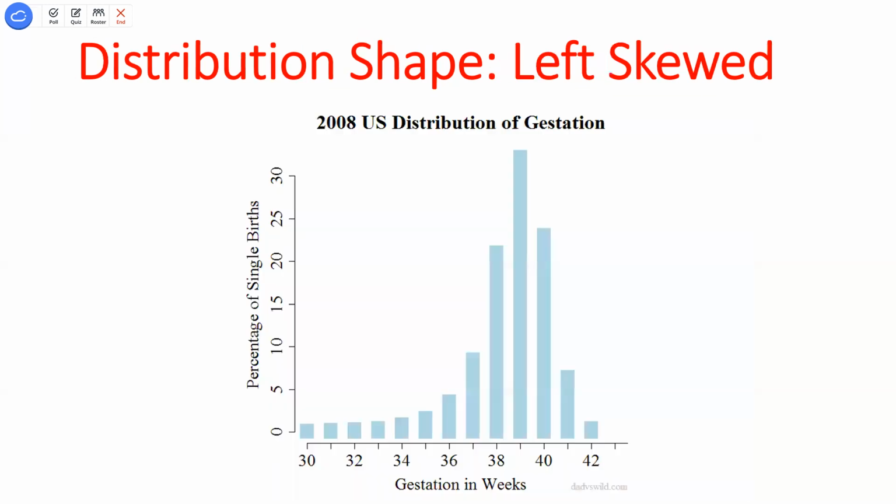Okay. I have length of a pregnancy here, or gestation, the number of weeks. So here we map out a line that hits the top of all of these bars. Well, now I've got this longer left tail. We would call this a left skewed distribution, right? We see premature births. We don't see babies born at like 11 and 12 months, right? So we have no right tail here, but a long left tail. So we've got normal, right skewed, and left skewed distributions.